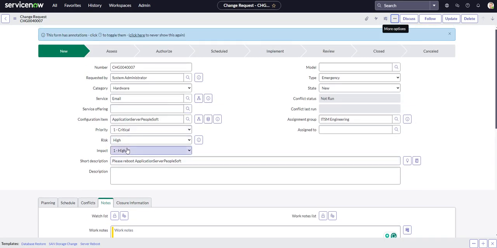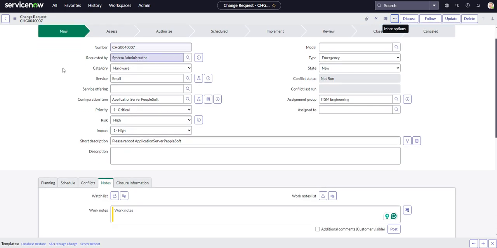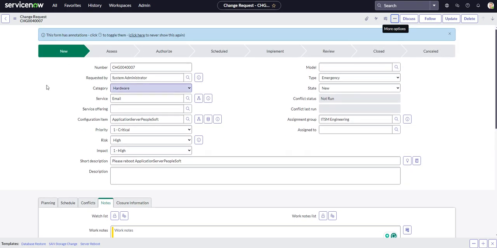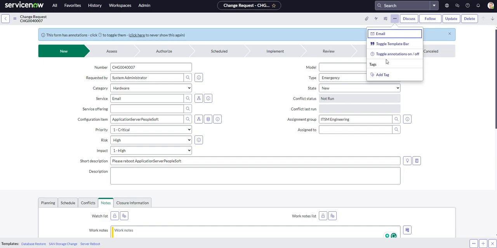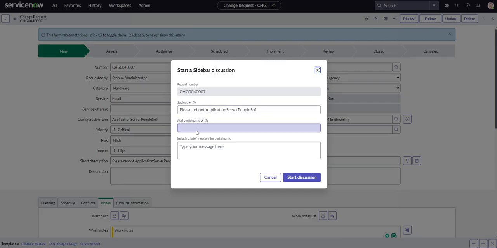Annotations are helpful because this is an annotation right here. So annotations, they're usually there to guide and help the user. So if you don't have them turned on, they're not going to be able to help and guide you. You can add tags if you want for that record. You can discuss, so you can create like a little mini party, and you can discuss different things about that